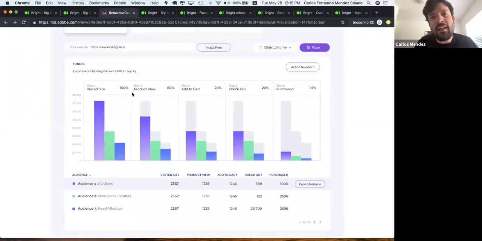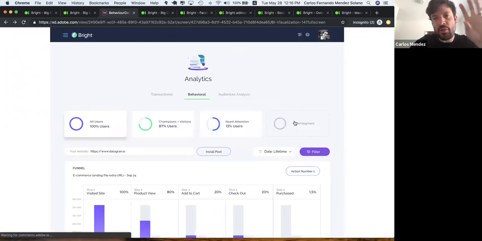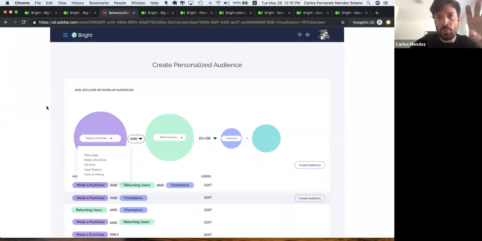But if you want to analyze people that visited your website and purchased at least one product, for example, you can also visualize that and understand their behavior. And I wanted to show you this because even though we haven't launched it yet, it's coming. So it's very important that you understand how it will work.